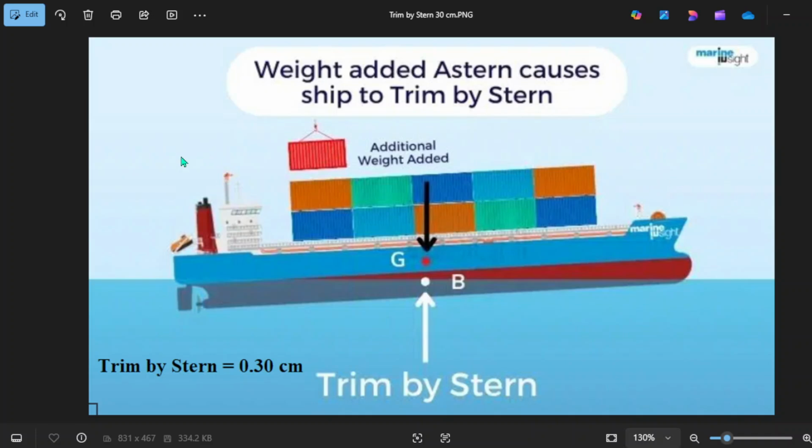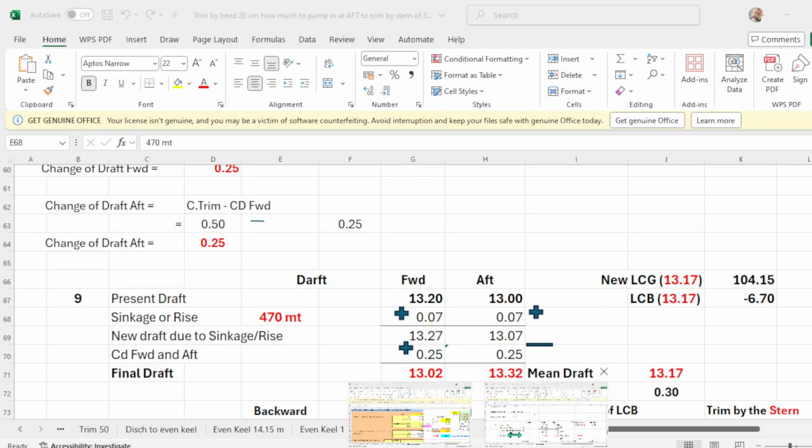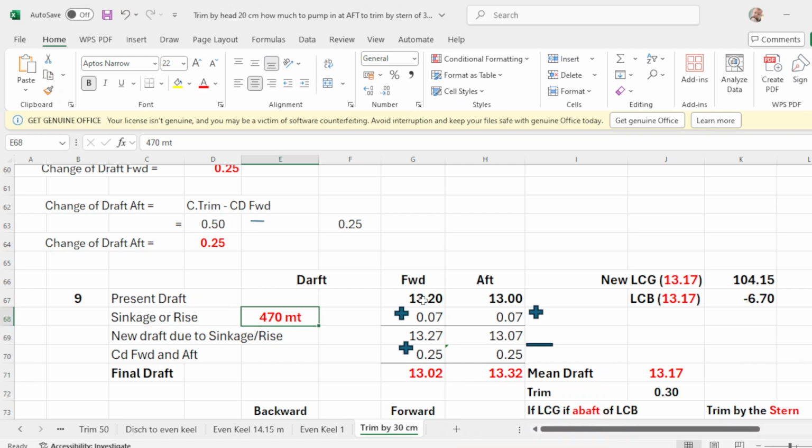Again, when you put a weight of 470 metric tons of ballast in your after peak, the tendency of the back part, or the stern of your vessel, is to sink. Of course, when this back part of the vessel sinks, the forward part will rise up. So it's like a pendulum or a seesaw. When this goes down, this goes up. Now let's go to the figure. So you add this one, add up, because up should be add. So you add this one.